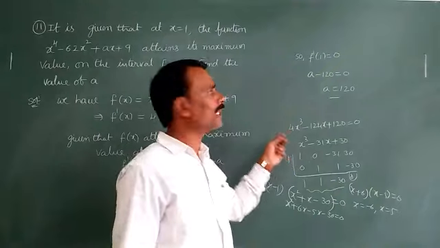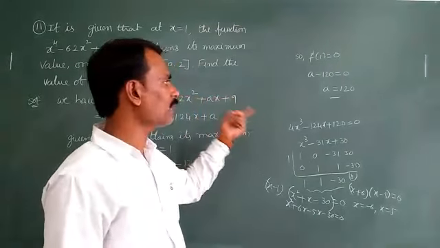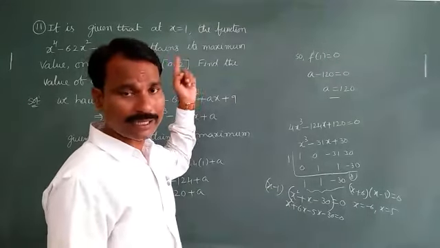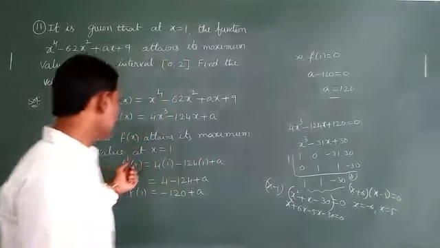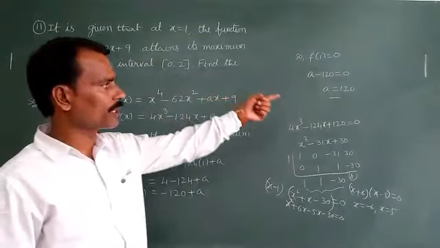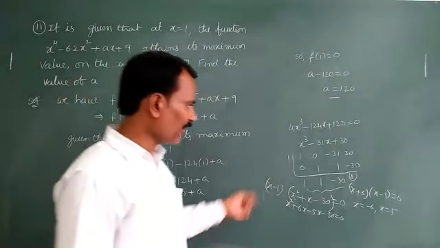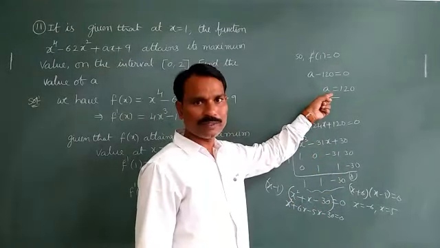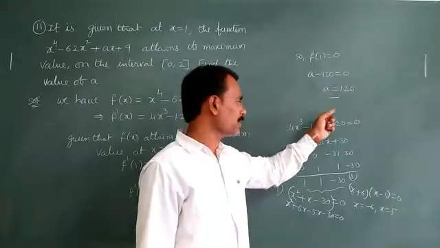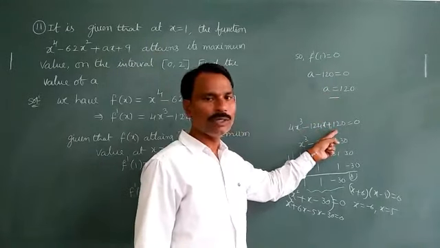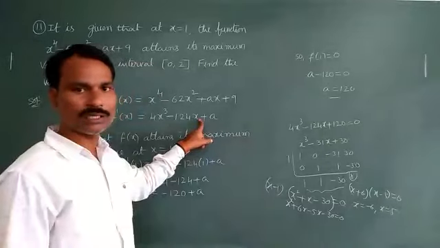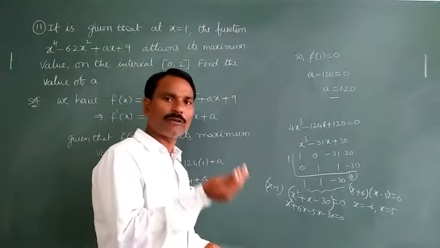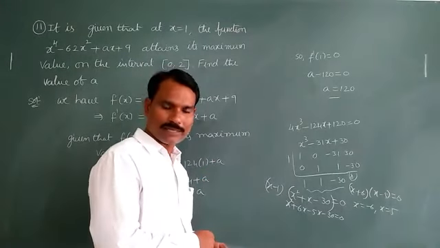So for the maximum value, if you calculate f of 0 and f of 2, definitely you will get it. He already said that given that at x equal to 1 it is maximum, you have to take f dash of 1 is equal to 0 and you will get the value. For understanding purposes, guys, this is not the solution for this problem. This is just to check whether the value is correct or not, by substituting the value. This is nothing but the first derivative expression.